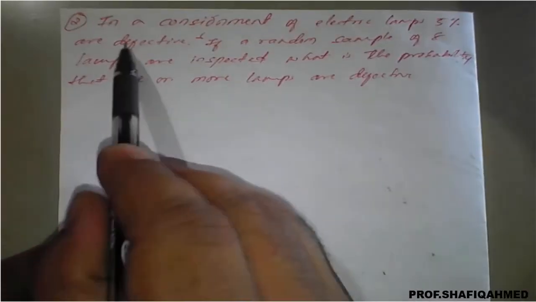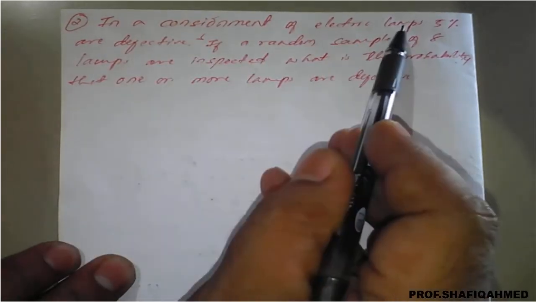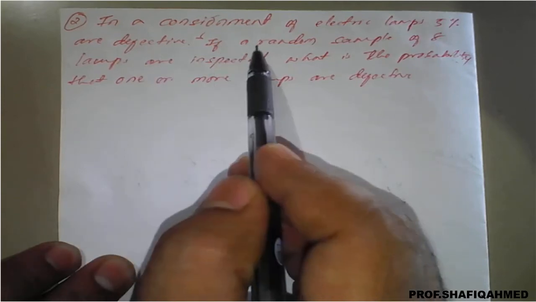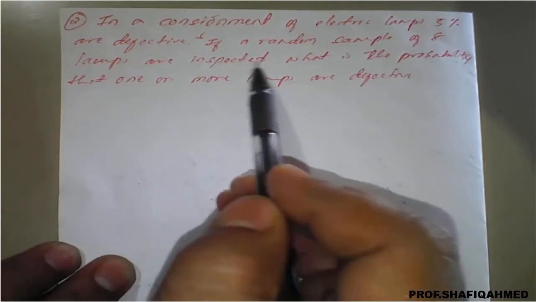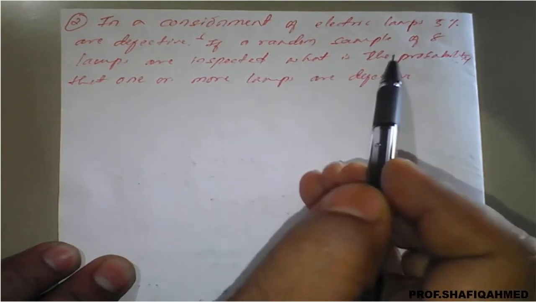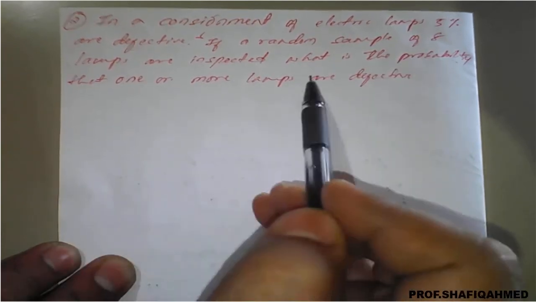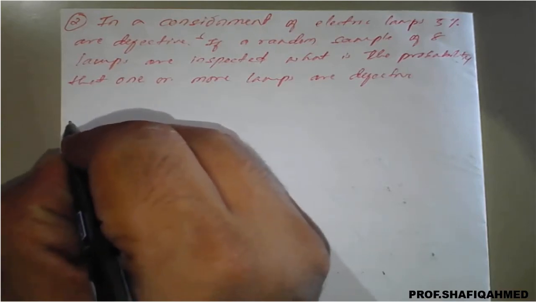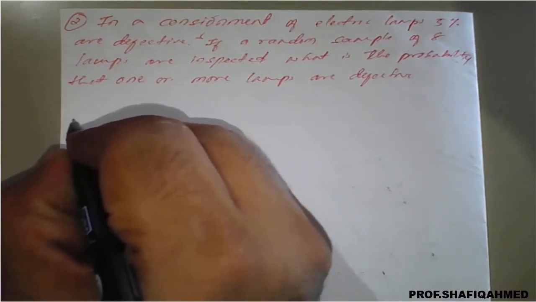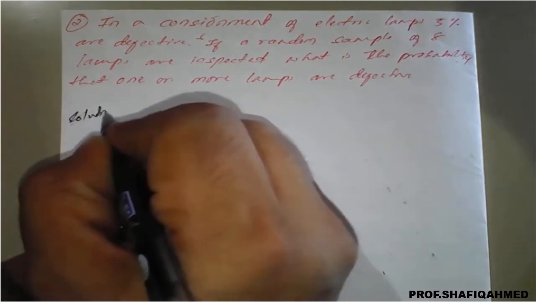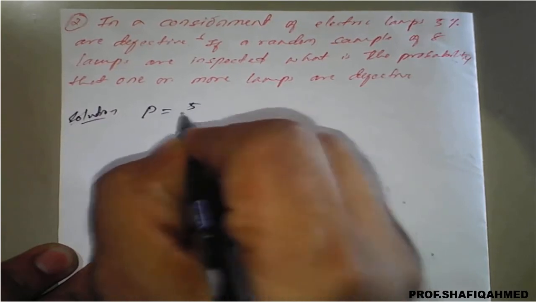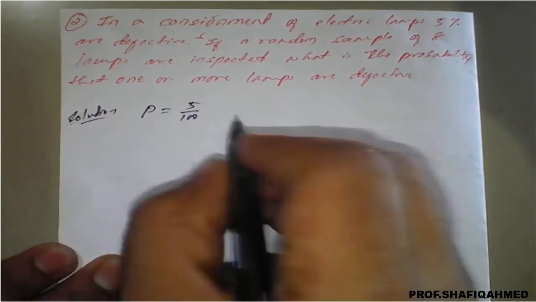So next question is, in a consignment of electric lamps, 5% are defective. If a random sample of 8 lamps is inspected, what is the probability that one or more lamps are defective? So in a consignment of electric lamps, 5% are defective, means the probability of defective lamps is 5% here. So solution: probability of defective means p value is 5%, means 5 upon 100,